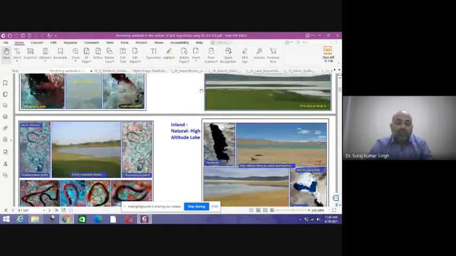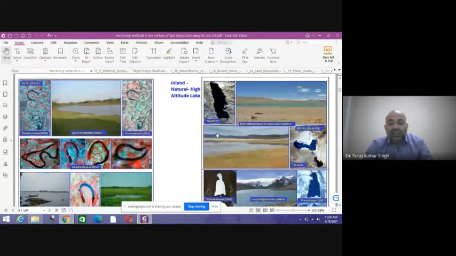If you want to see how paleo channels look in a satellite image, they are the remnants of old river channels. You can see that these paleo channels look like an oxbow lake. So whenever you see an oxbow lake, that is indicative of a paleo channel. Paleo channels are those channels where the river used to flow in the earlier past, but because of river migration, it has changed its path, and that is indicative that many years ago the river was flowing in that area.